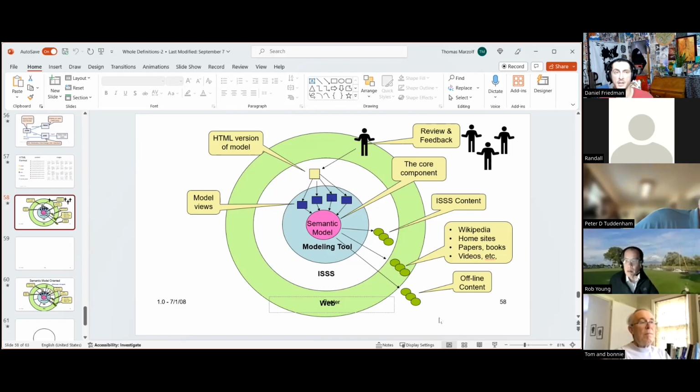But one approach that's taken by the SUMO project, suggested upper merged ontology, which we're pretty familiar with, is that the upper ontology is, just conceptually, more like an operating system. It's like a scaffold for different modules, and as much as possible is pushed to the mid-level ontologies. So the innermost semantic model might just be like a module loader or composer, and then there'd be a module for people, another module for ISSS archives, another module for system science. In the system science semantic module you would have whatever relevant discussion or approach was about the actual terms, topics, relationships, assertions within system science, but